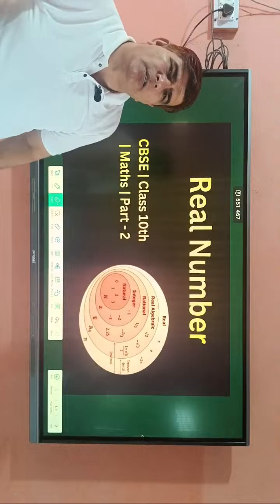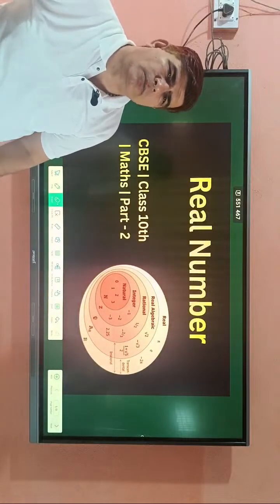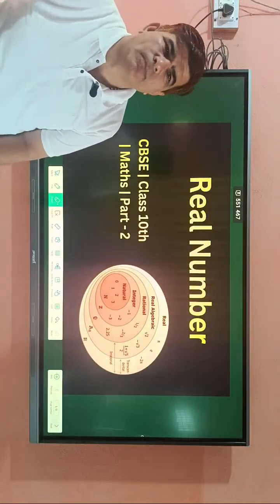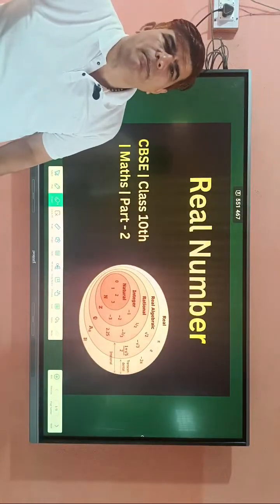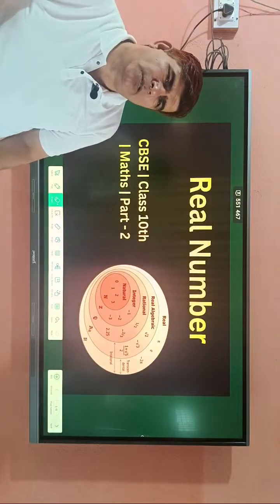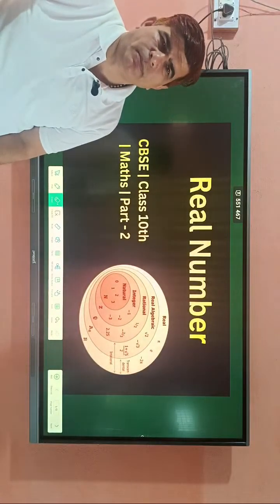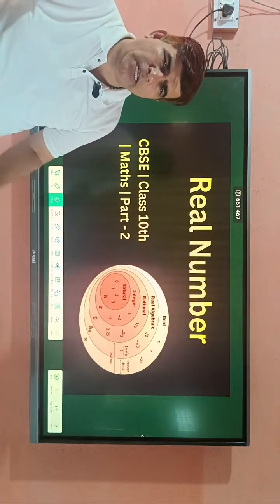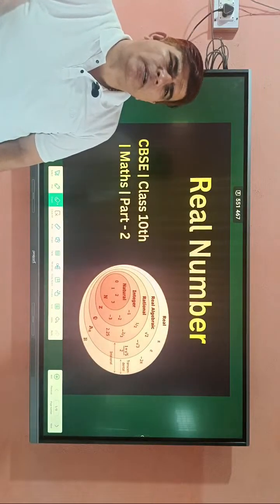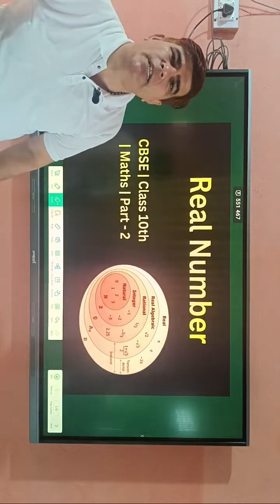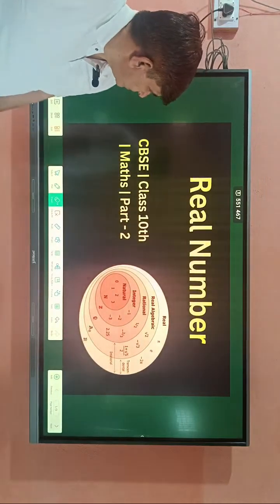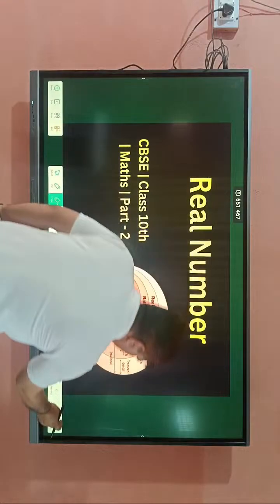So today we will discuss what is a natural number, what is a whole number, what are integers, what is an even number, what is an odd number, what is a composite number, and what is a prime number. And then from tomorrow we can start the fundamental theorem of arithmetic. So to start that we need these. So first we will start from the